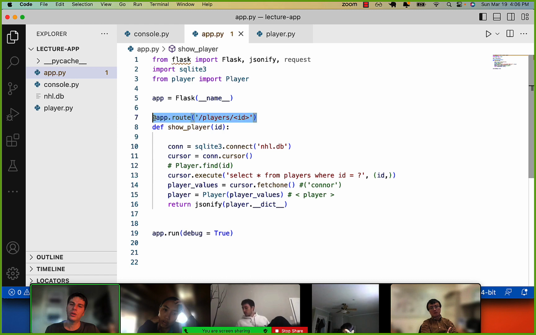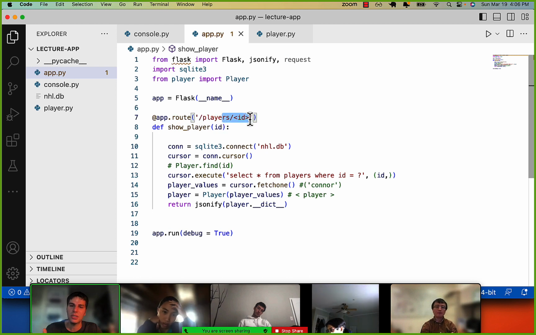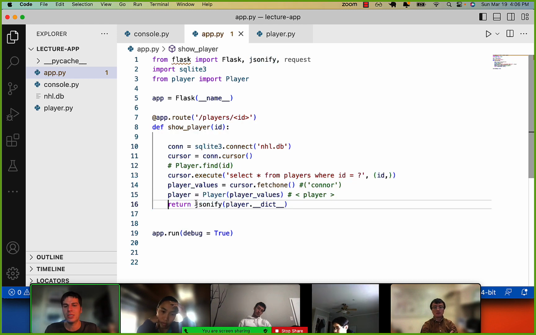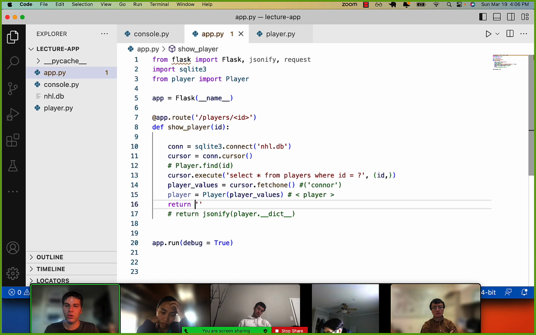In a lot of applications, the JSON and the HTML are equivalent, or a lot of it is equivalent. In both cases, the user's asking to see information about a single player, and the code is essentially the same. The only difference is that instead of returning the JSON, we can return HTML. So maybe we return this render template,